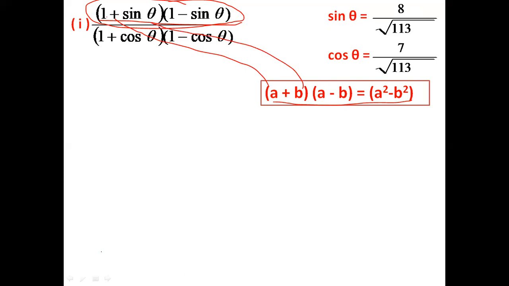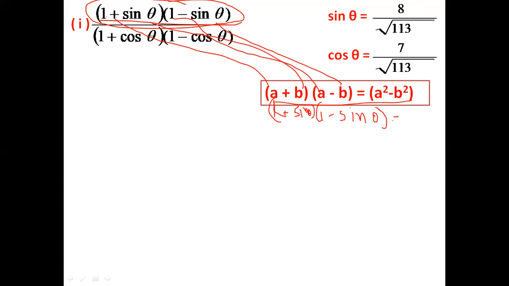Here also in place of a, 1 is there, minus, and in place of b, sin theta is there. So (1 plus sin theta) into (1 minus sin theta)